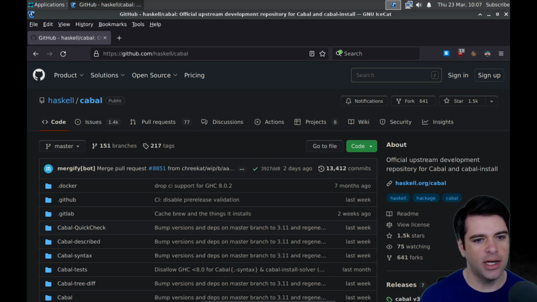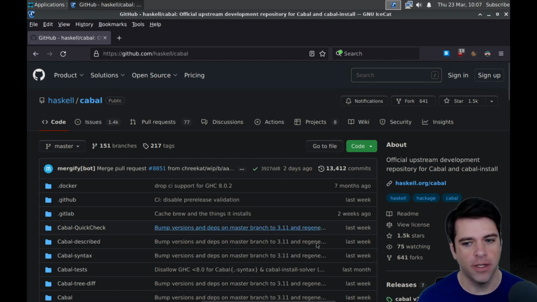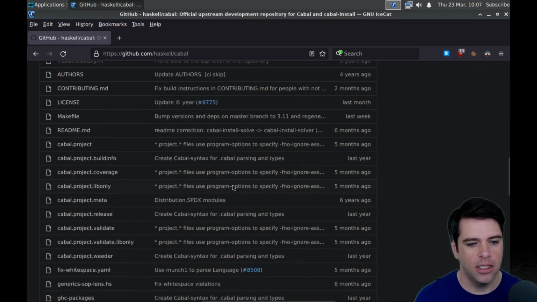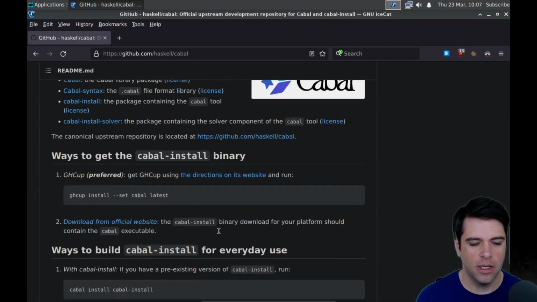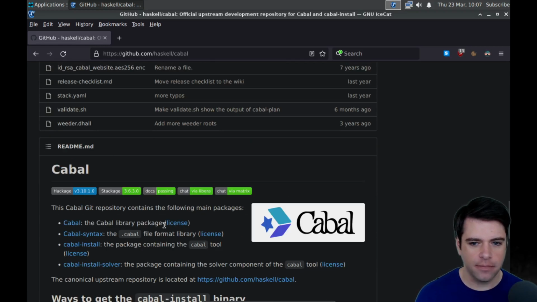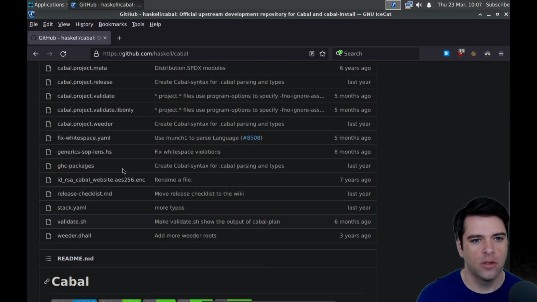And today we're looking at Cabal, which is a tool for packaging up and distributing your Haskell thingies, binaries, packages, libraries, that sort of thing. And I believe it's part of GHC, but I'm not 100% positive. So we'll check that out.